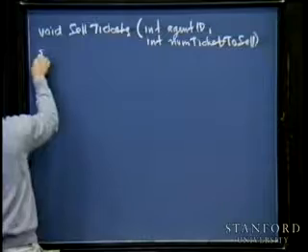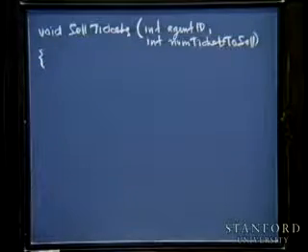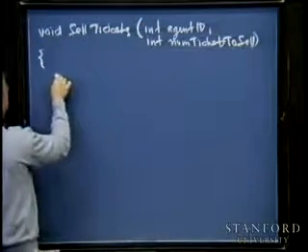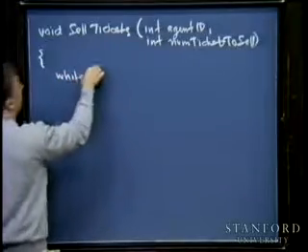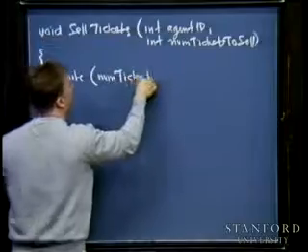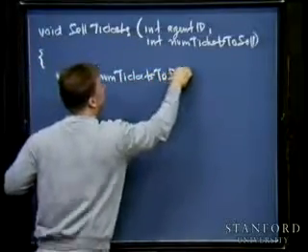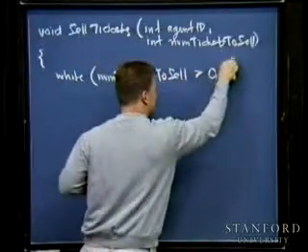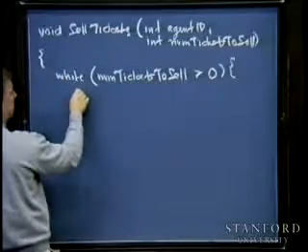And even though it's a little weird, let me not use a for loop. Let me use a while loop. While it is the case that num tickets to sell is greater than 0, go ahead and do